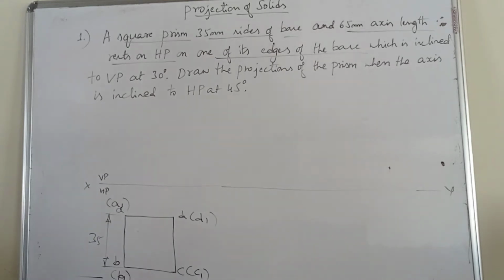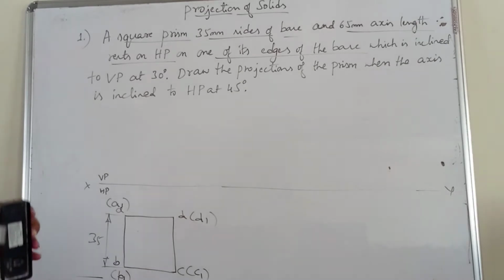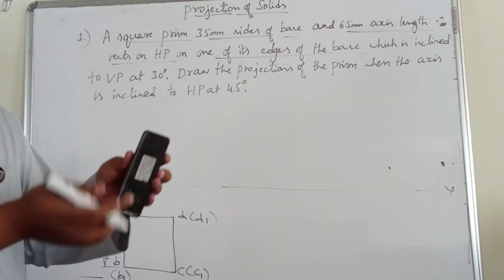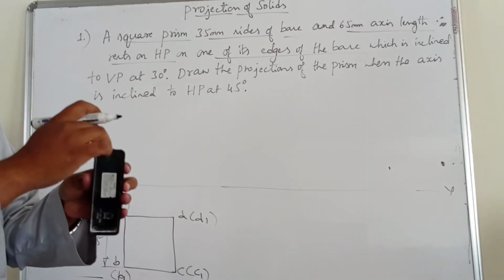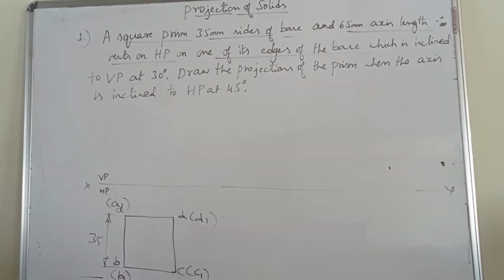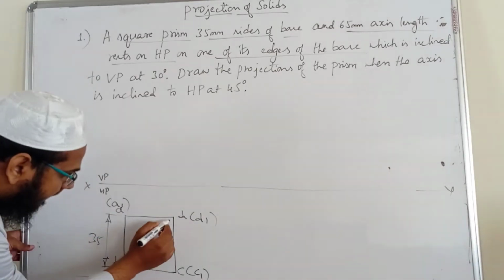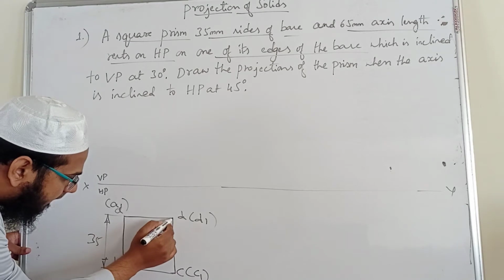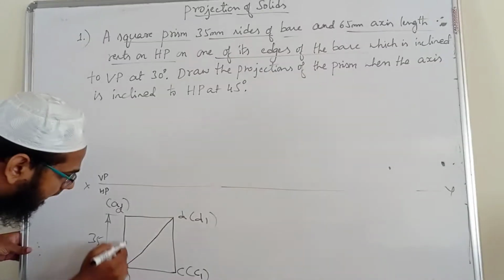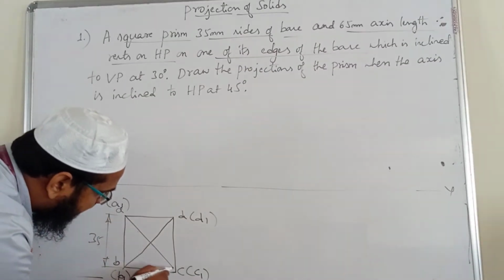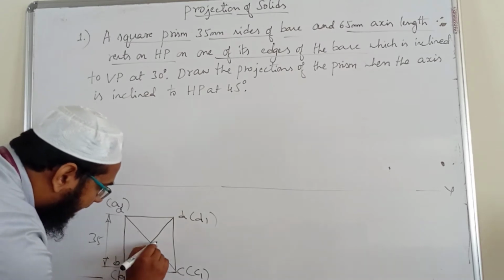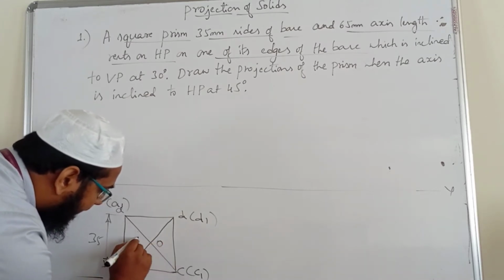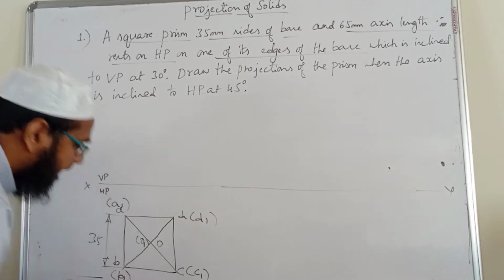Now this is the top view, and there will be an axis connecting the top face center and the bottom face center. You need to find the center of the axis. So how to find the axis? We will draw the diagonals, which will be thin lines. Draw them with thin lines. Here we get exactly the top face center O and the bottom face center O1, which is in brackets.